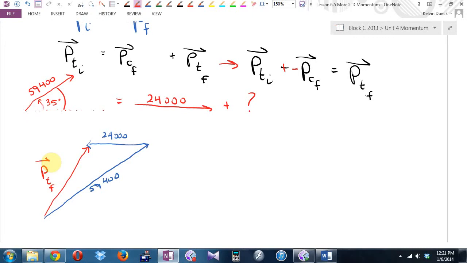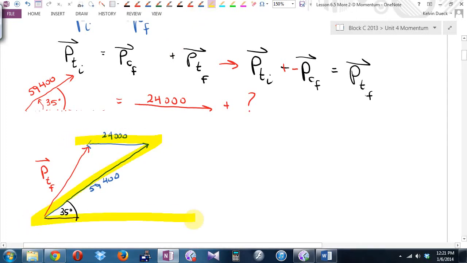I need an angle inside the triangle. Wait a minute. How big is that angle right there? 35 degrees. Can we see a Z? How big is that angle right there? Okay. So I can say this is